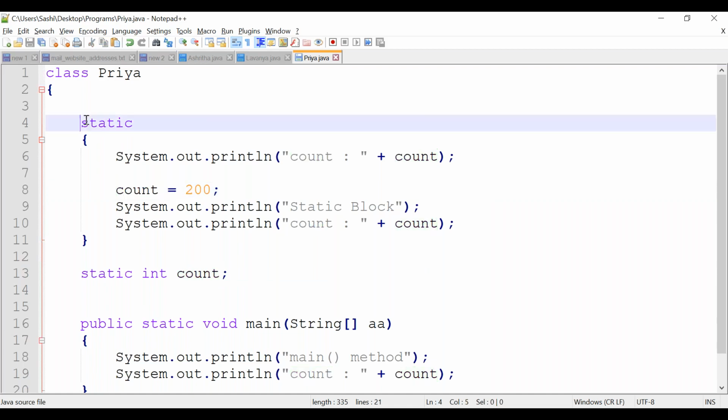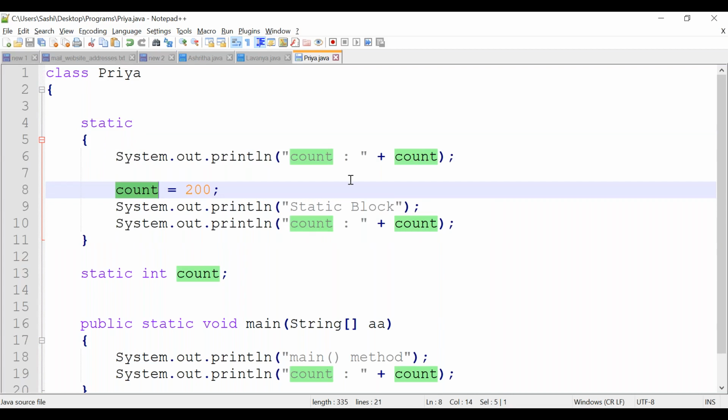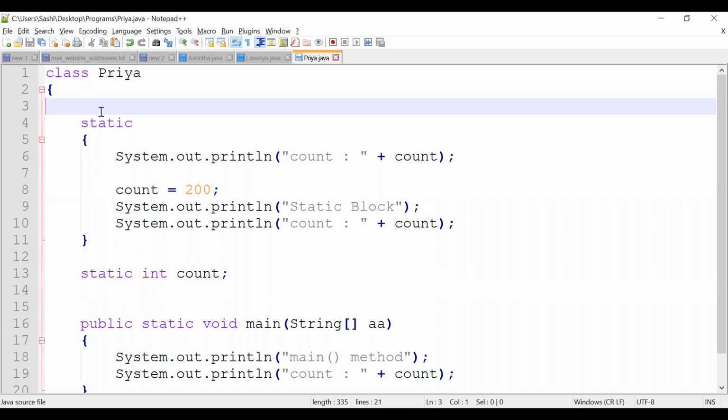Then it is unable to identify the count variable, correct? That's why we say that all the static variables should be declared at the top level, before static methods and before static blocks, or else you will get illegal forward reference.